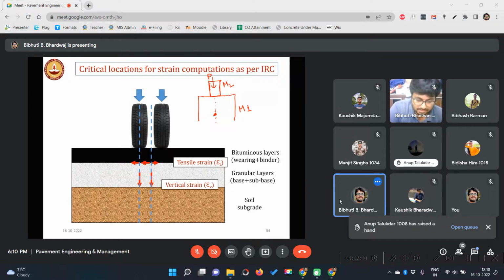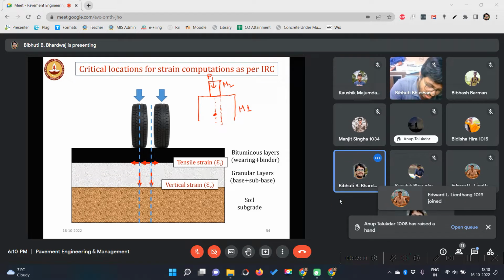Okay, and also we know that because of this shearing action, there will again be a critical plane by the side of this, like the wall, if it is extended like this